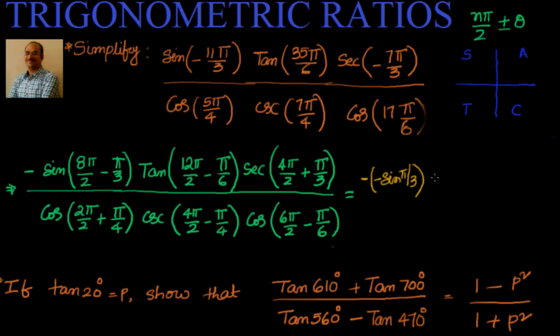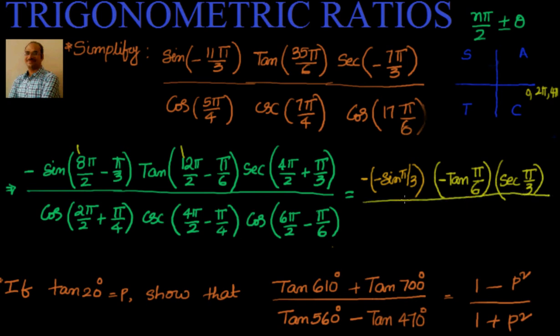We are back. Minus of minus sine pi by 3 into tan of, this is also even, so tan will remain as tan only, that is good news. 6 pi minus pi by 6, that means 2 pi, 4 pi, 6 pi minus pi by 6, again fourth quadrant, so it will be minus for tan, that is minus tan pi by 6 into secant of 2 pi plus pi by 3. 2 pi is here, 0 comma 2 pi comma 4 pi, every 2 pi you will be coming here. 2 pi plus pi by 3 all positive, so this is nothing but equal to secant of pi by 3